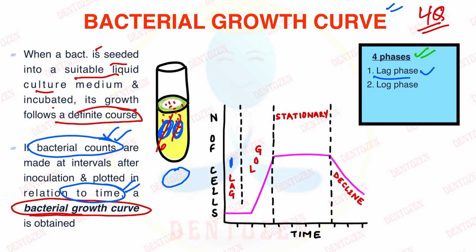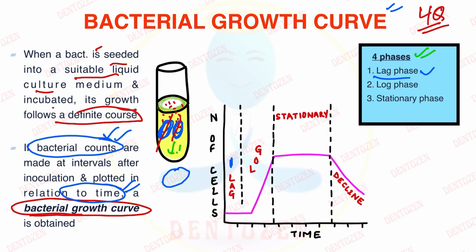After that, bacteria are growing, they are using nutrients. So nutrients will start to deplete. So cells will start to die. So a time comes when the number of living cells becomes equal to number of dying cells. So number of living bacteria remains same. So that phase is called stationary phase. That is the third phase, stationary. As you can see, it is a straight line. So there is no increase in the number of bacteria. It remains the same. So then finally, when all the nutrients have exhausted and there can be no more cell division, then cells start dying completely. And that is the phase of decline.